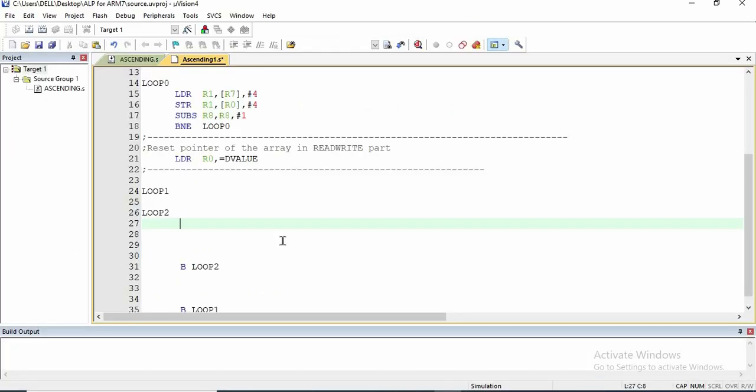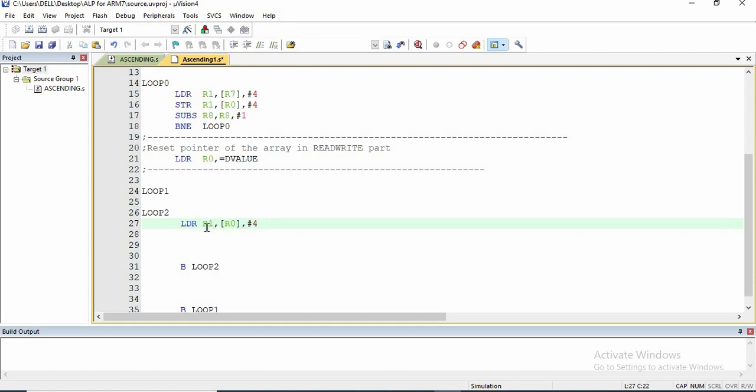I will write LDR R1, the content of first element, and then increment the address by 4, means get the first element of the array and store it in R1 and increment the address by 4 bytes.